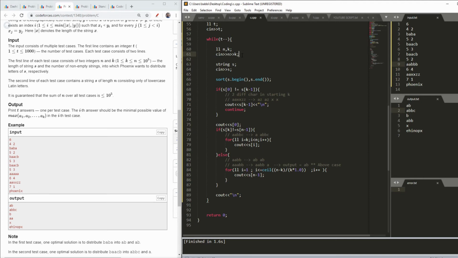Now I had my S string, and as I said that I need my sorted answer, so I sorted my string array.